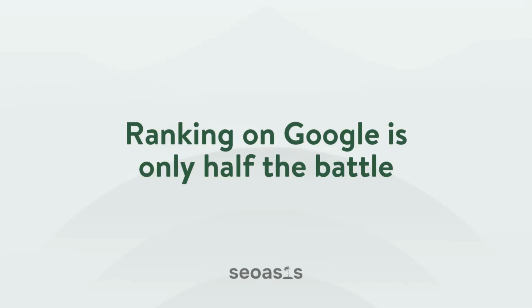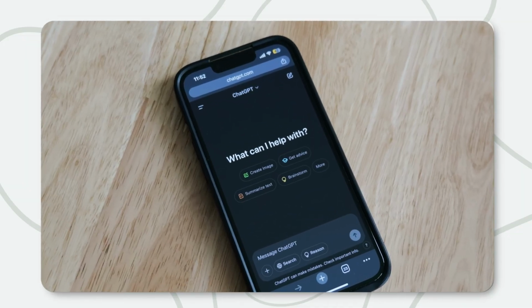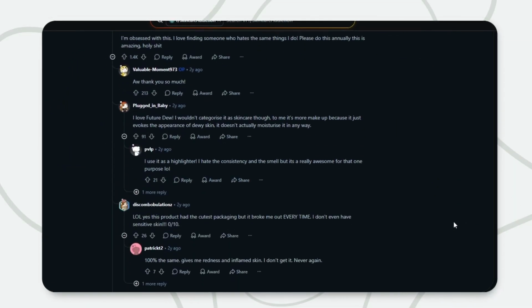But ranking on Google is only half the battle now. Your customers are also asking ChatGPT and Google AI overviews what to buy, and those tools are not pulling their answers from your keyword rankings necessarily. They're pulling them from Reddit threads and other high authority websites. And right now, your competitors are the ones